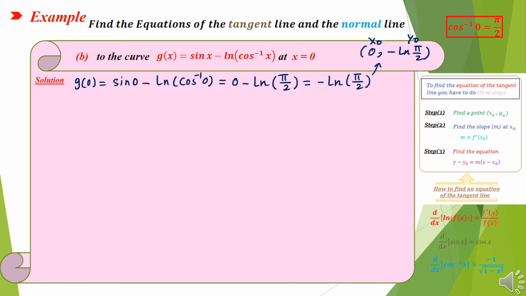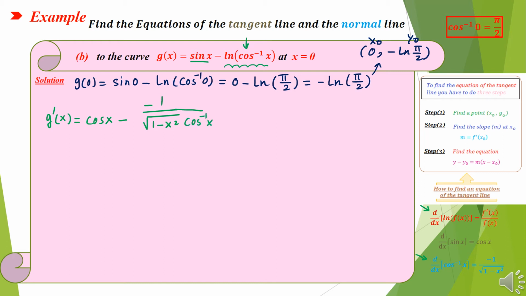Secondly, you have to find the slope at the given x. So first you have to find g prime of x, and g prime of x equals the derivative of sine x minus the derivative of ln cosine inverse of x. And as you know, the derivative of the ln function is the derivative of the inside function divided by the inside function, and this is the inside function, which is cosine inverse of x, and the derivative of cosine inverse of x equals minus 1 over square root of 1 minus x squared, divided by the inside function, and the inside function is